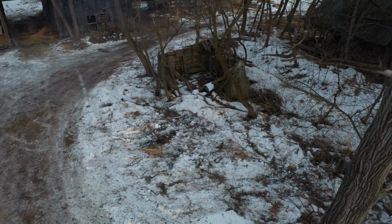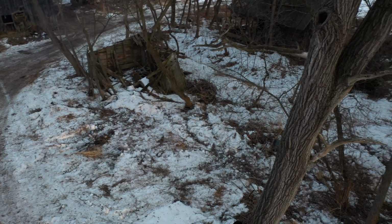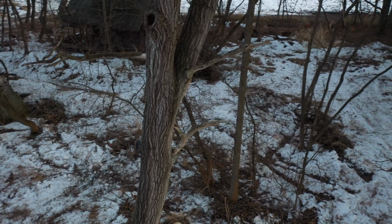This area here had a whole bunch of logs and trees. I'll continue panning around, and over on the right hand side, right behind this tree, is where a bunch of those old farm implements are now. I'm going to work on getting those out this weekend, but now I'm going to jump into some video from